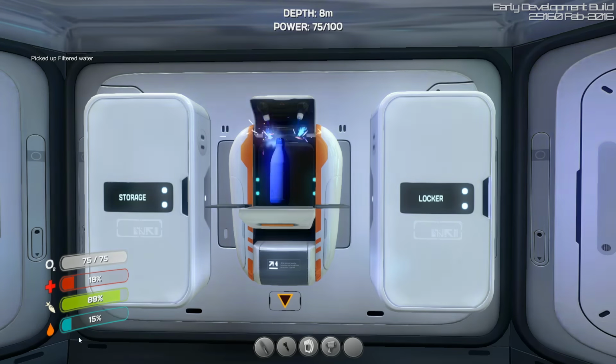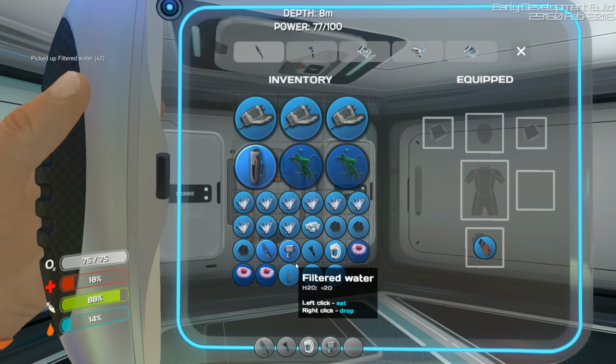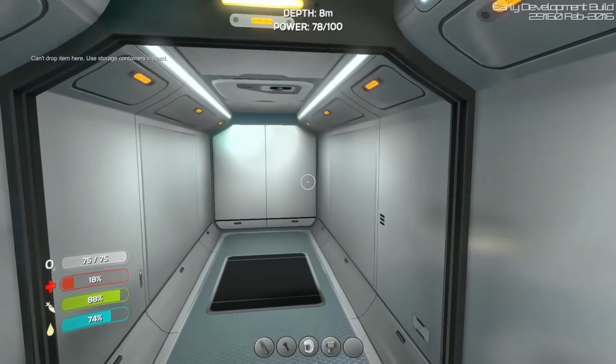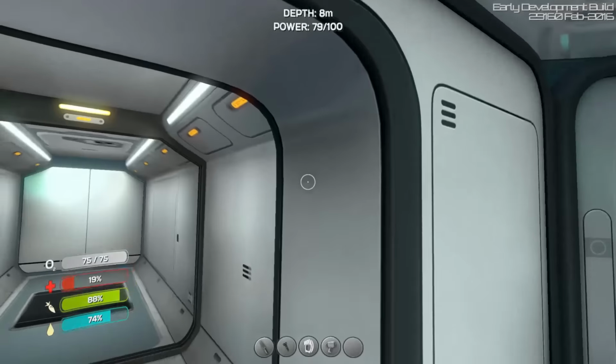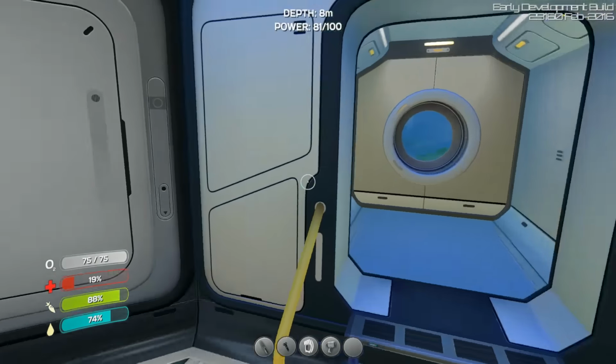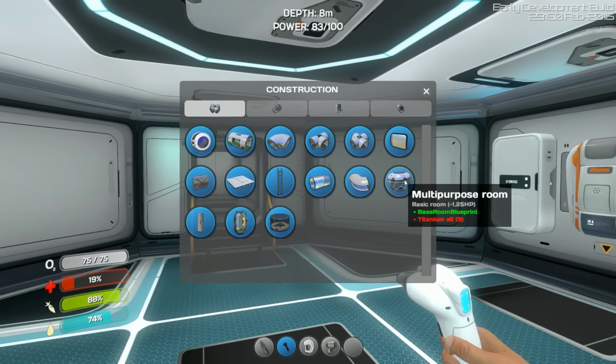Right now we're making some water because our hydration levels are dangerously low, but today one of the first things that I want to work on is extending our base a little bit, because right now we've got this one main room, this corridor, and then nothing after that. There's nothing attached to that corridor, and so the first thing that I want to do is build another one of these big round rooms, and for that we're going to need a base room blueprint, which we have,